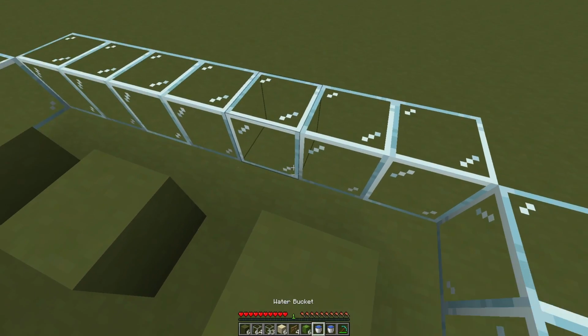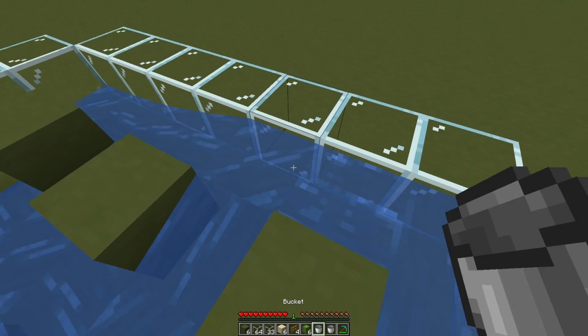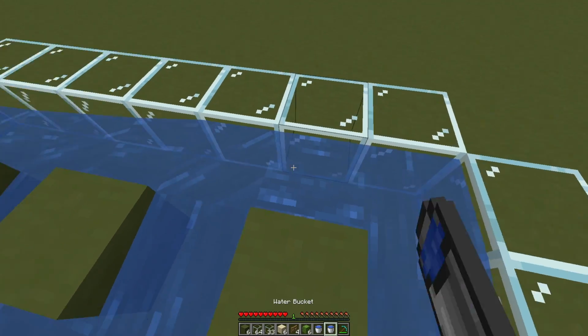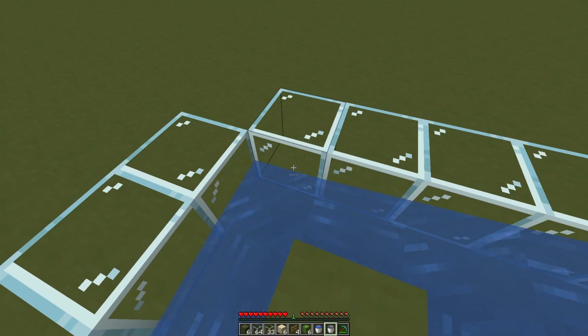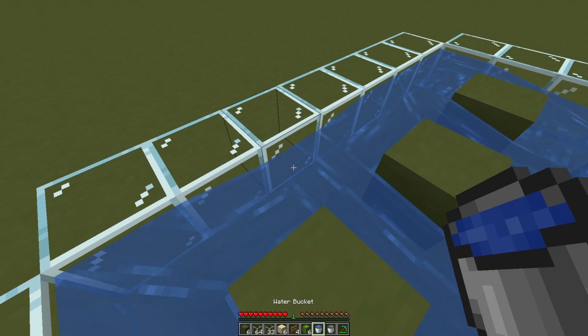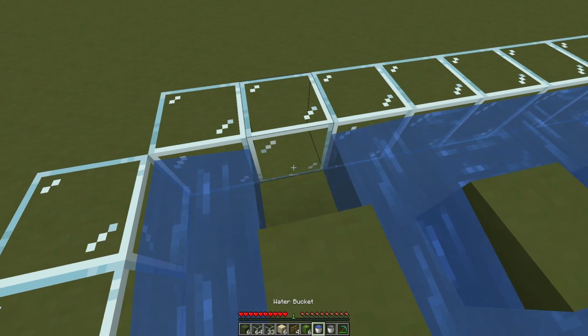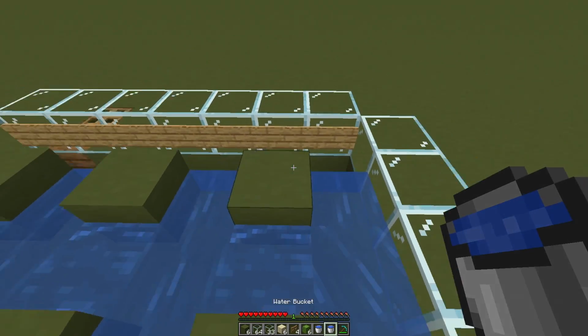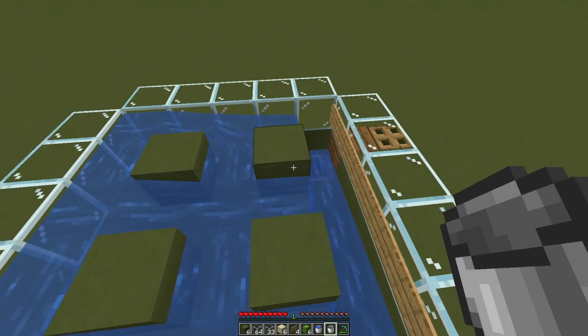We're then going to get our water bucket. We're going to place a water bucket there and a water bucket there. We're going to refill our water buckets from there. We're going to come to the next one and the next one, place a water bucket in the corner and a water bucket right there. This gives us permanent water sources all the way along. We can refill our water buckets again because we want to put another one right there to give a water channel going over that